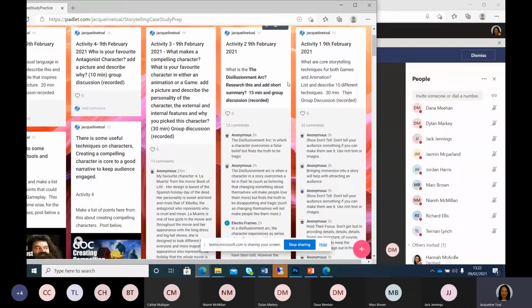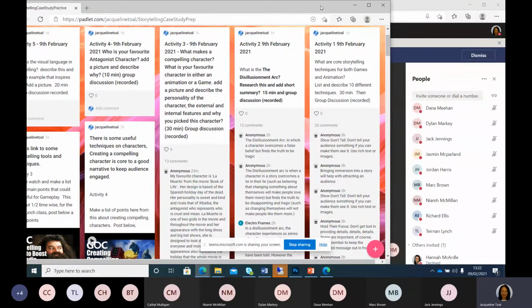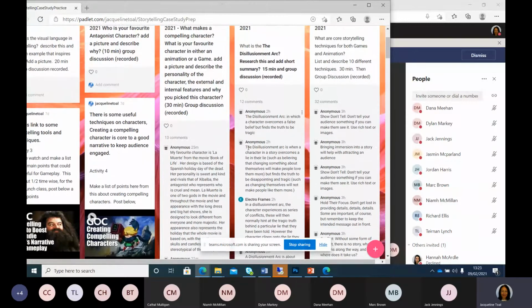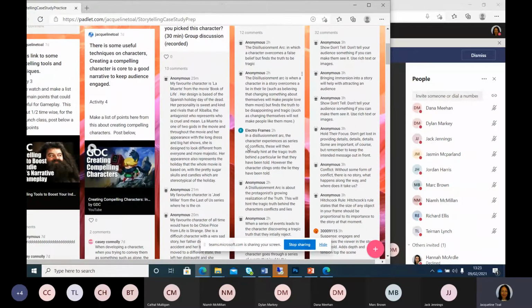Okay, so this next activity for storytelling is all about what makes a compelling character. Maybe each of you, if you have a favorite character, could describe the ins and outs, external and personality. So external features such as the aesthetics, the colors, the hair, and what they look like, as well as their internal features, like the soft qualities they may convey as a person. So, working from the top down, who owns this character here?